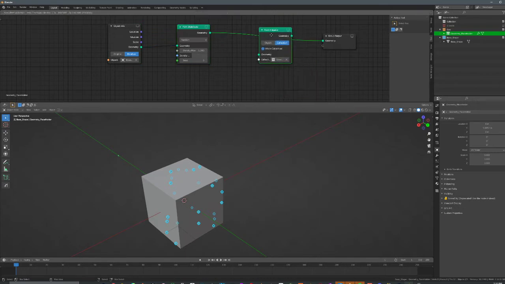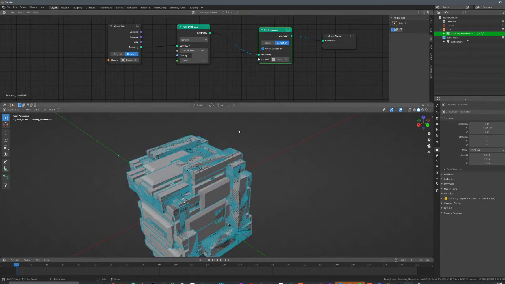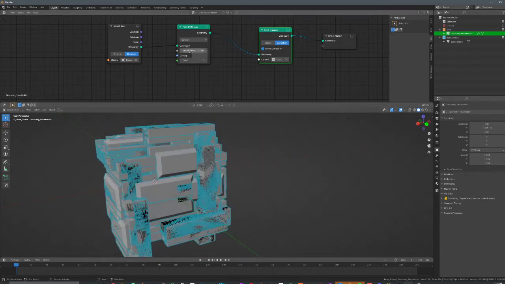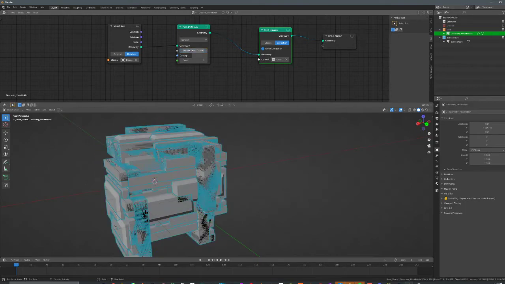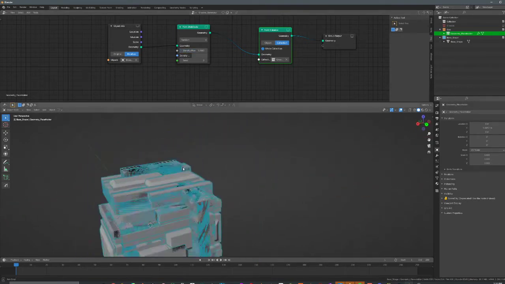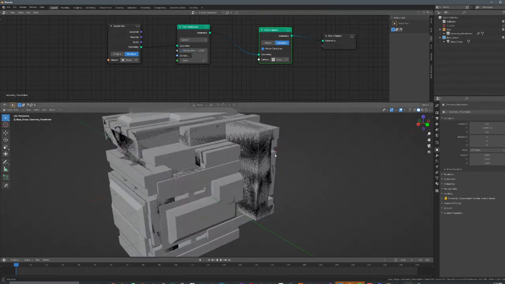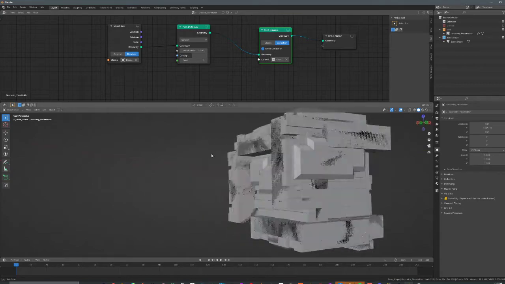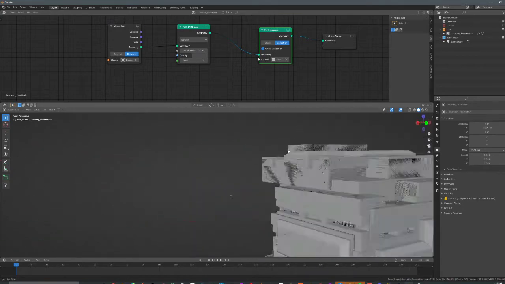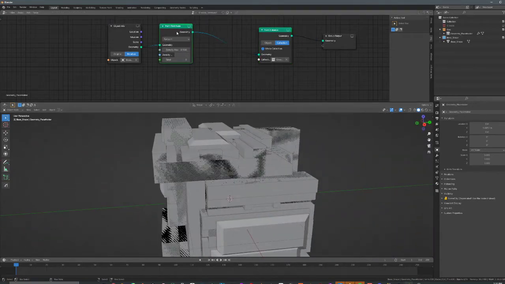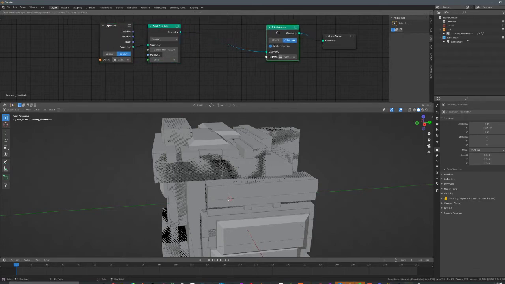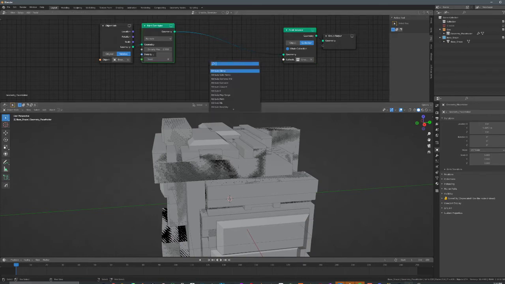Now if I place this over here into geometry, now you can see it is all here. Look at that, that's pretty cool. We got some like cool structures happening. Now you can see some really funky things happening of things clipping on top of each other. That's completely fine. We'll need to add other attributes, which means we have to randomize the scale, location, rotation. So if we go to attribute, randomize,